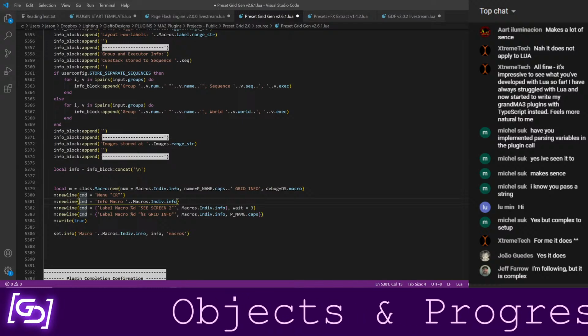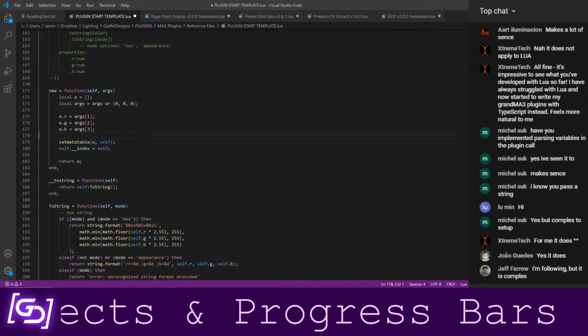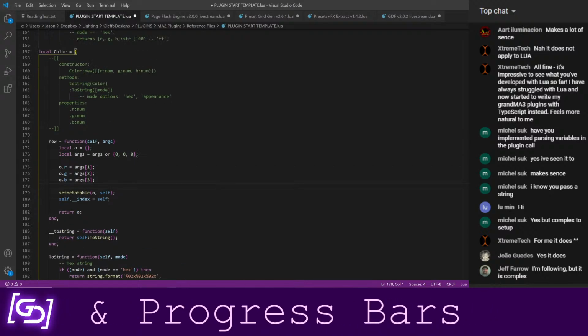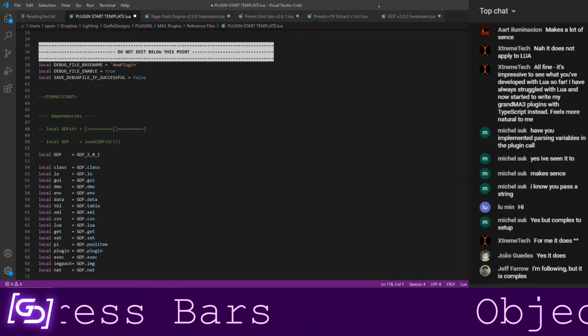So yes, it is a bit complex. I definitely suggest starting with something a little bit simpler for understanding the concept, but it has a lot of room for just being helpful. Do I have that in the wrong file?